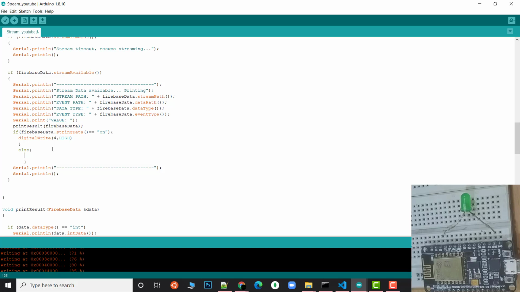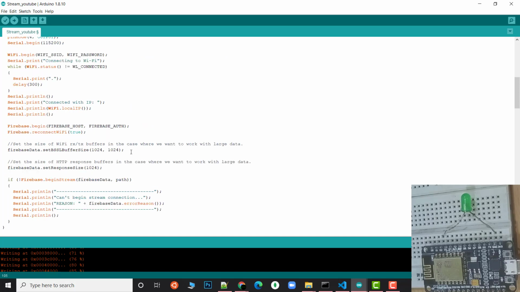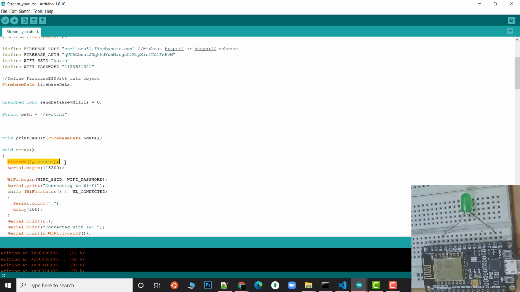And in the above, we need to declare the pin mode also. The pin mode is already declared, no issue.